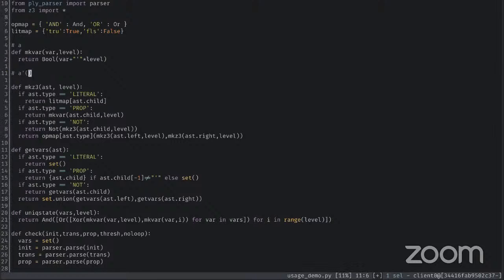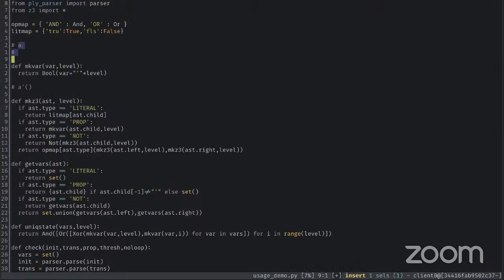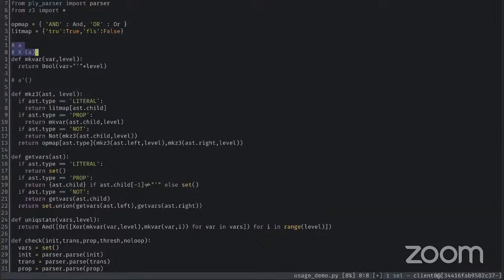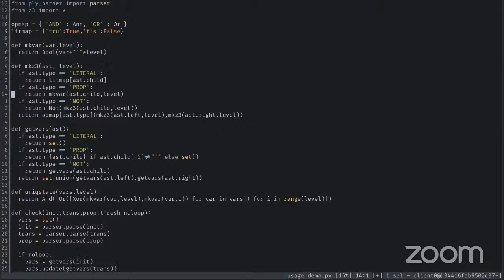you might want to disambiguate an A that appears over here from an A that appears inside an X of A. Is this for the project? Yeah. If you want to, you can use it for that, but it's not required for your CTL thing. If you want to add a parser to the project also, it